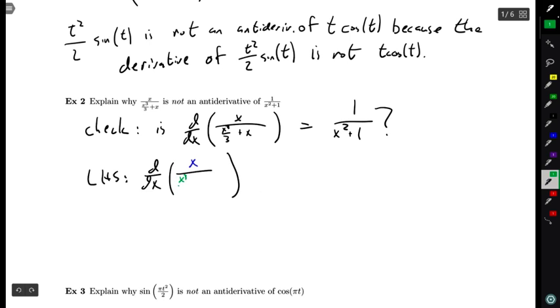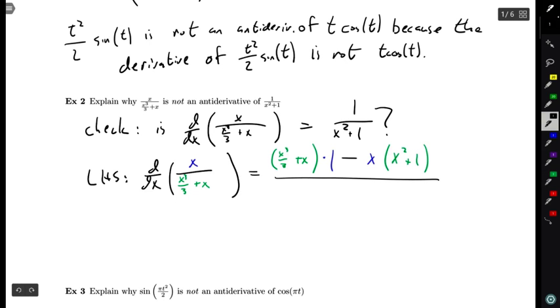Let's see, x cubed over 3 plus x. Great. So my quotient rule says take low d high, so I've got low, meaning denominator, x cubed over 3 plus x, d high meaning the derivative of the numerator, so times 1, minus high d low, so high being the numerator, d low being the derivative of the denominator, so this is going to work out to be x squared plus 1,